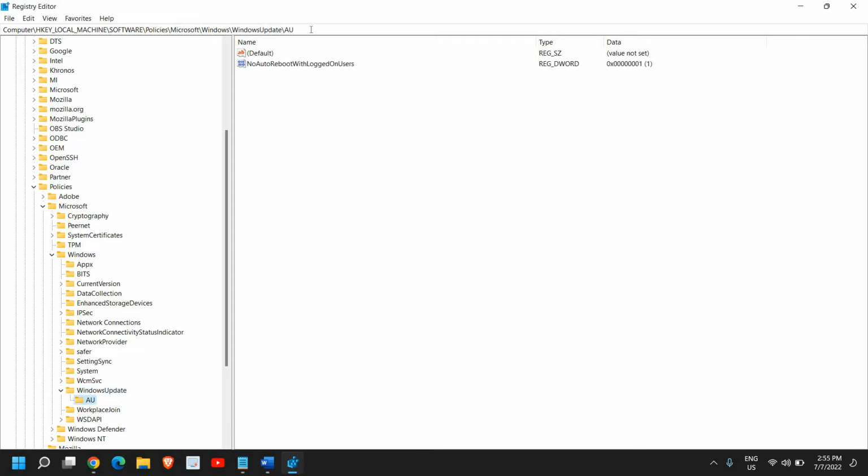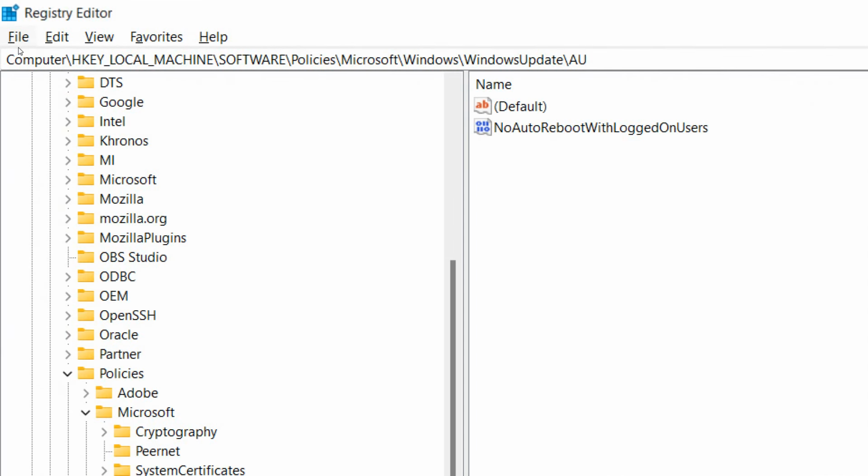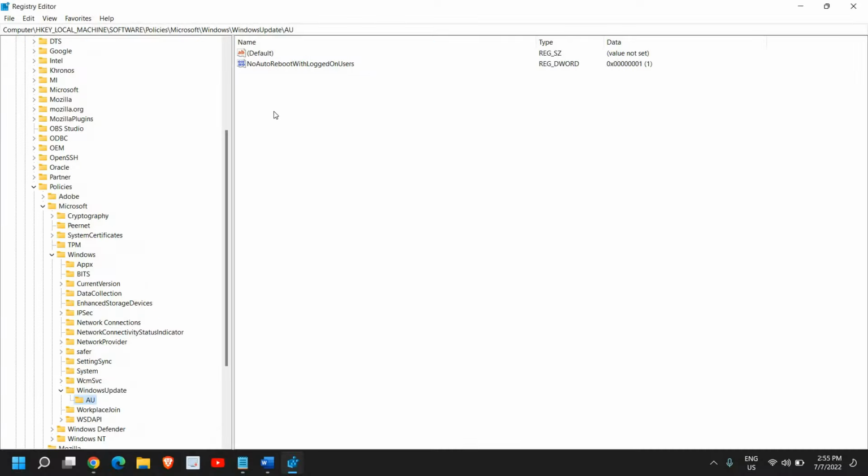Now you can note down this location, it will be easier for you. HKEY_LOCAL_MACHINE, then Software, then Policies, then Microsoft, then Windows, then the WindowsUpdate folder, and then the AU folder. Once you're here, you need to just right click, click on New, and select DWORD (32-bit) Value. Just click on that and here type Use